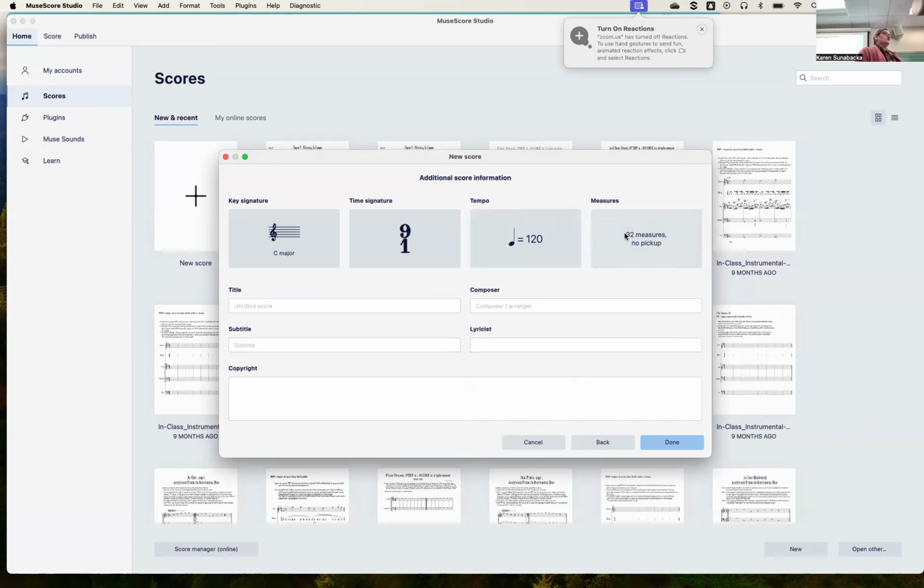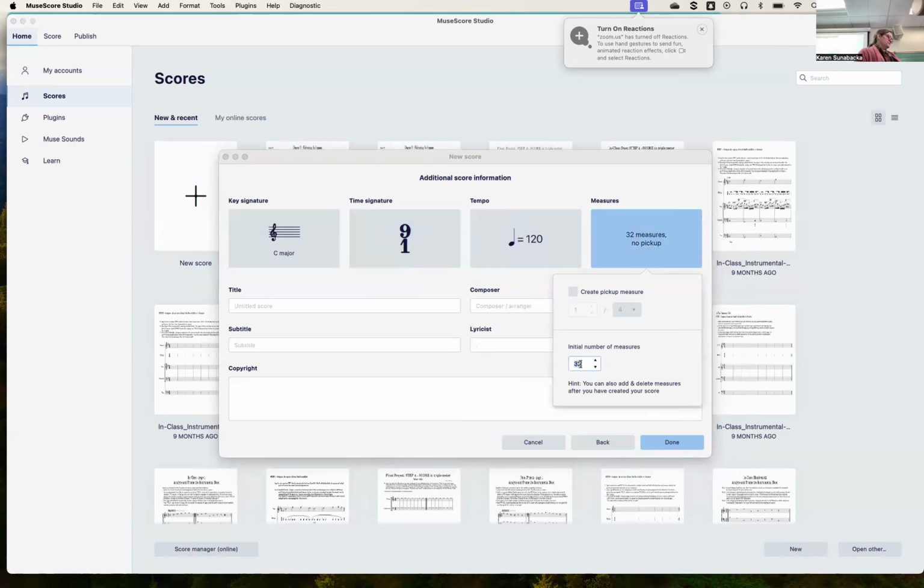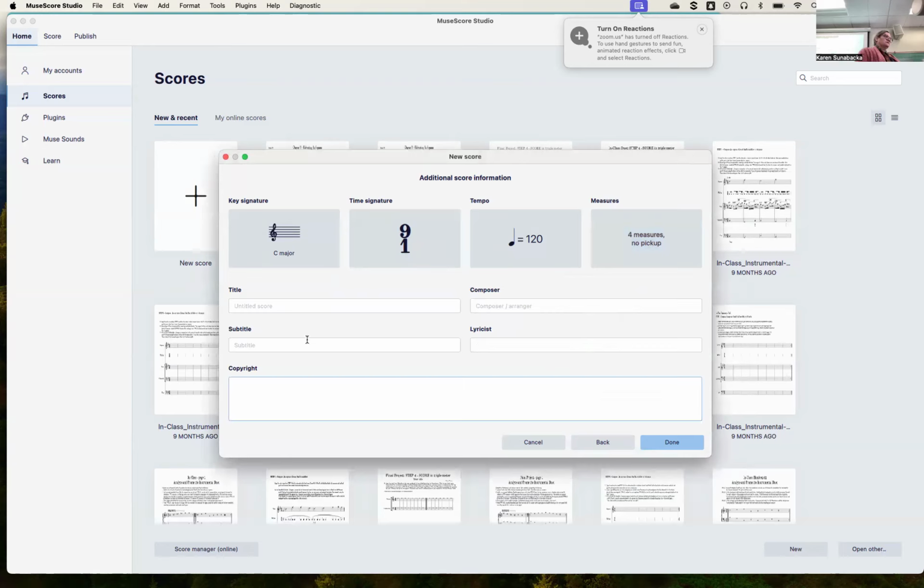And then we are going to choose the number of measures. I have bars written here, but you are going to want, what did I put? 4 bars. Okay. And that's it for that. Now we keep going. We want to enter the score information, and that's here. So the title, you can go